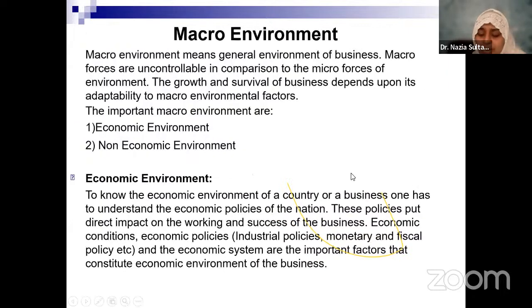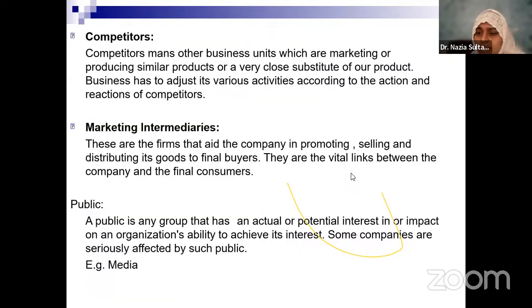Then all your intermediaries, marketing intermediaries, retailers, distributors, all these people who are helping you to reach the final consumer, they also belong to the entire supply chain, value chain of the company, and you have to have complete information about them as well. Then public, as I was saying, see media, the government, bureaucrats with whom you lobby, all of them will have an impact on the business. So you talk about this as micro.